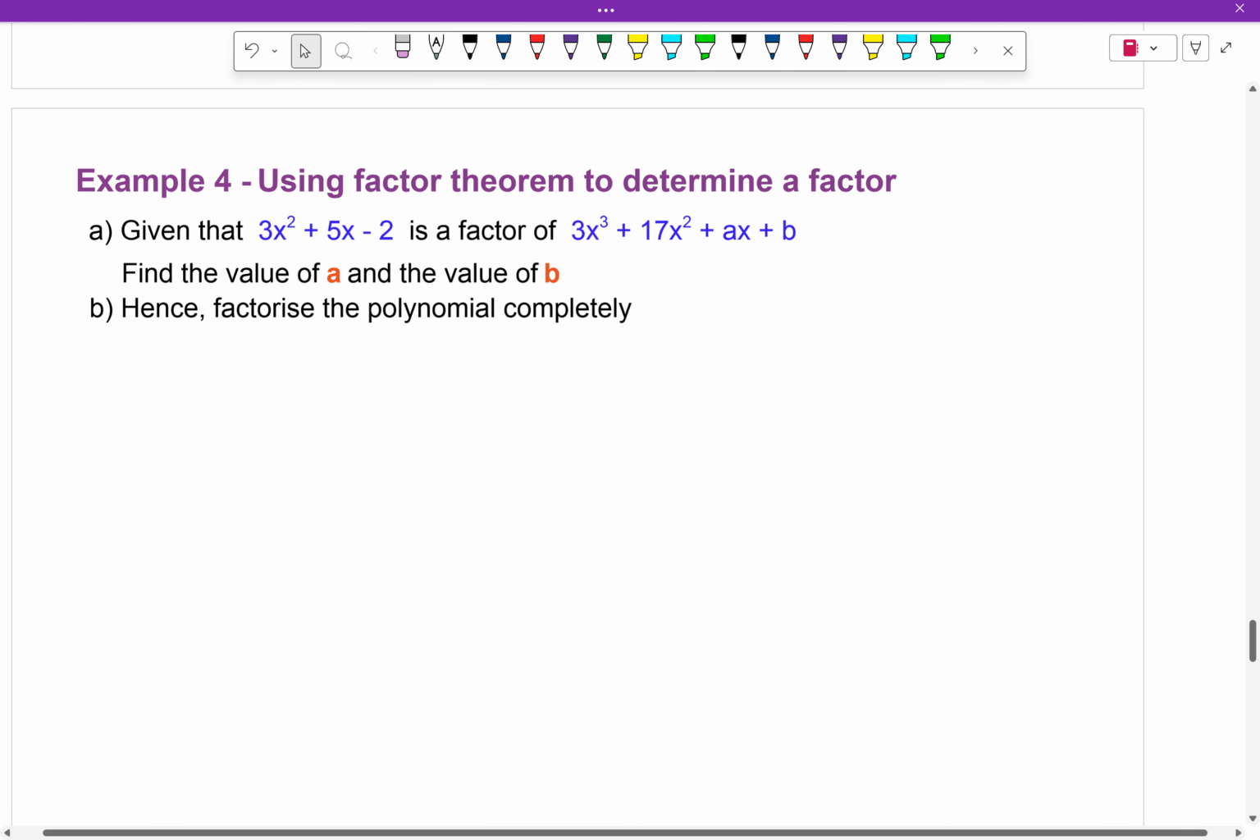Okay, using the factor theorem, given that x squared plus 5x minus 2 is a factor of 3x cubed plus 17x squared plus ax plus b, find the value of a and b. So for this one, we